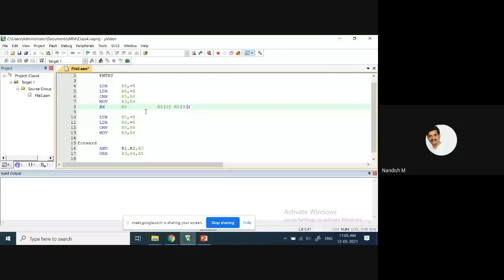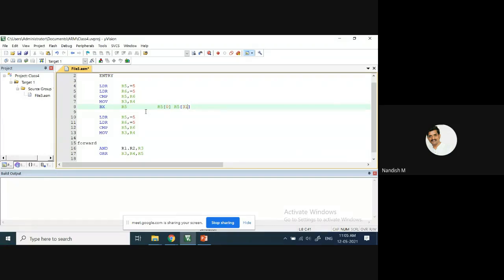In that R5, the 0 bit will be seen. If it is 0, it will remain in the ARM state, the 32-bit instruction state. If it is 1, then it will change to the thumb state.